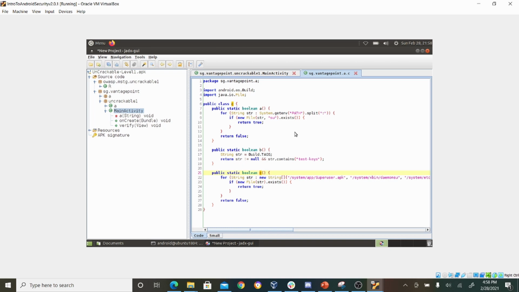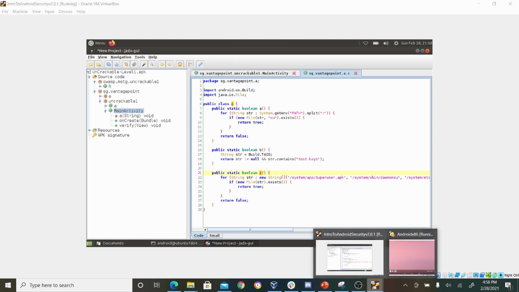So it's public, meaning open to everyone, static, and Boolean, meaning it returns true or false. If we look inside the A function, we see we have a for statement, so it's a loop. We create a string for each string inside System.getenv. So we're getting the path environment variable and splitting it by the colon, because, for instance, I can show you inside of the